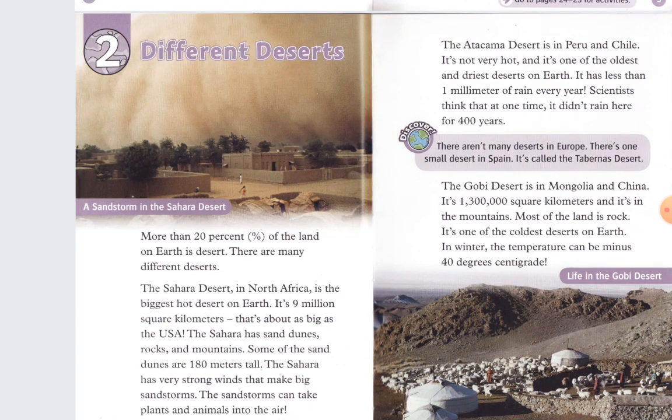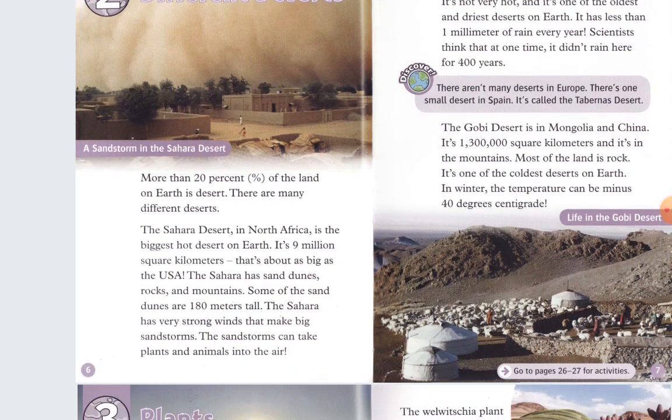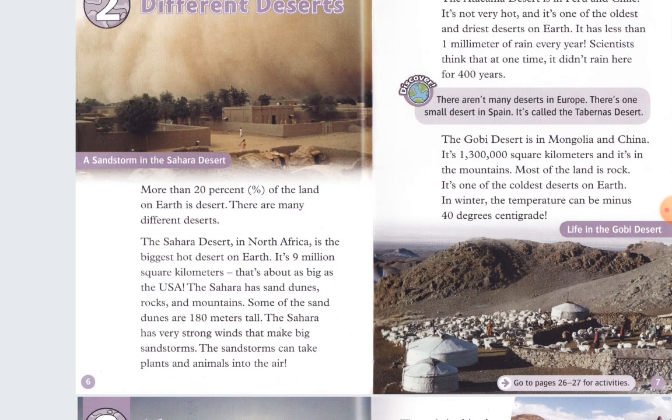There aren't many deserts in Europe. There's one small desert in Spain. It's called the Tabernas Desert. The Gobi Desert is in Mongolia and China. It's